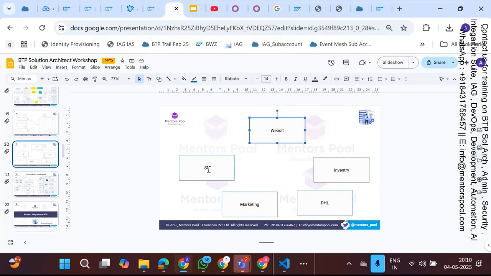Now, before creating a sales order, S4 will raise a query to the inventory system. Hey, please go and check whether the inventory is available or not. Please block the inventory. Now the inventory system will reply back to S4, hey, inventory is available. Go and confirm to the website that its order is placed. Done. Now the S4 system will also reach out to DHL and say, hey, raise a